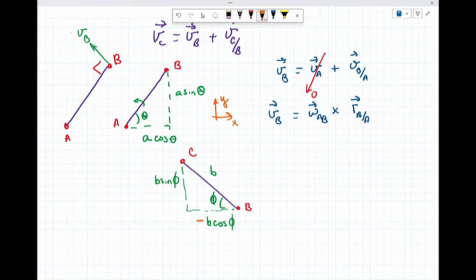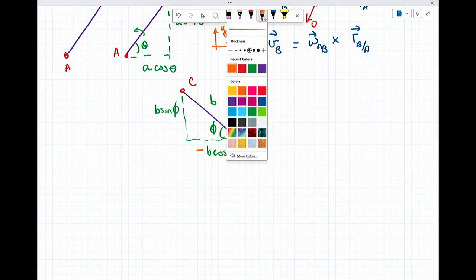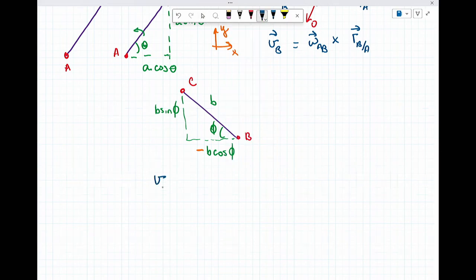So point C with respect to B, you have to go back a distance minus B cos phi in order to sort of fill it in, or to sort of get your x coordinate. So at this point, I can sort of say my original equation, which was VC equals VB plus VC relative to B,